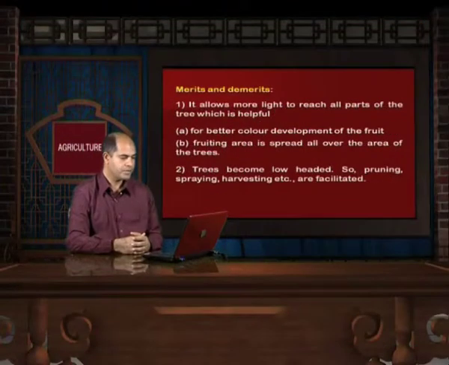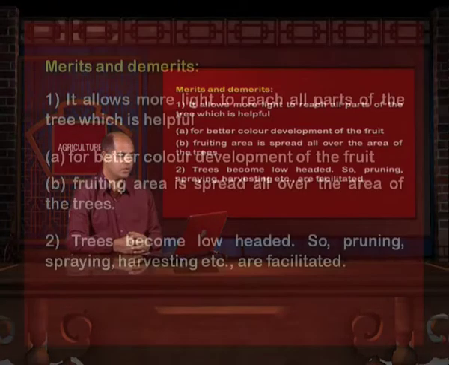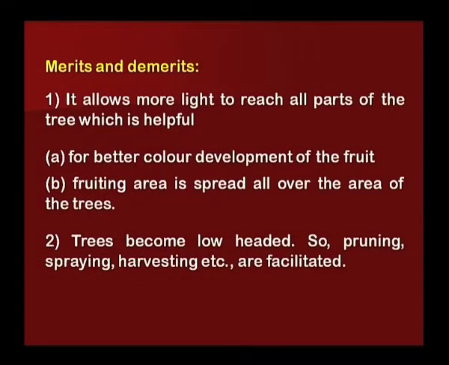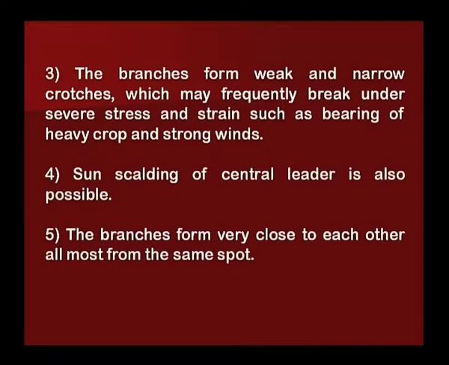Merits and demerits. It allows more light to reach all parts of the tree, which is helpful for better color development of the fruit. Fruiting area is spread all over the area of the trees. Trees become low-headed, so pruning, spraying, harvesting, etc. are facilitated. The branches form weak and narrow crotches